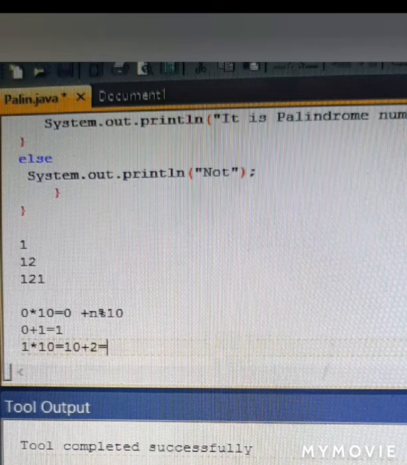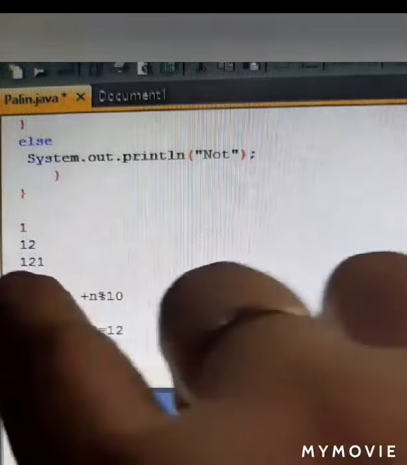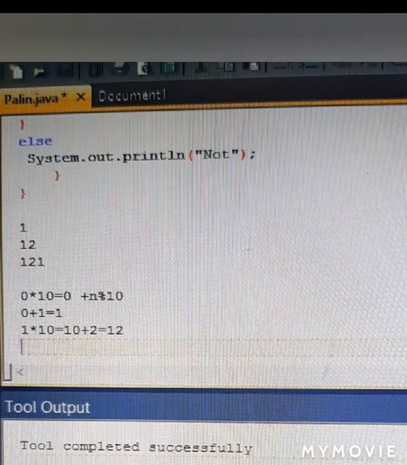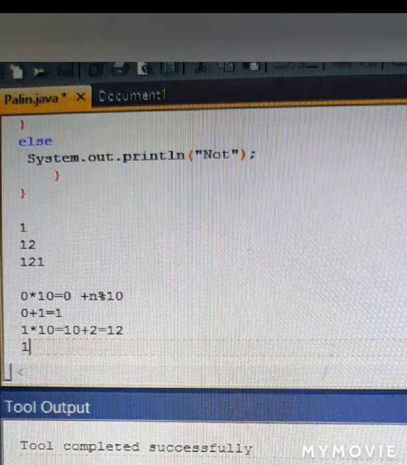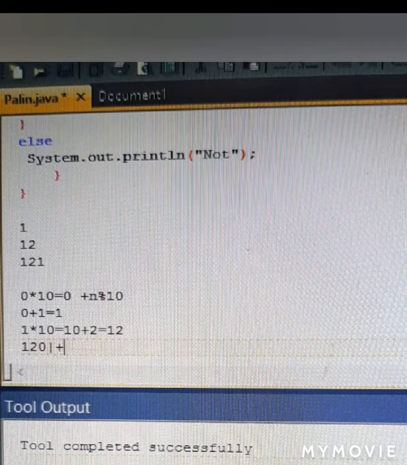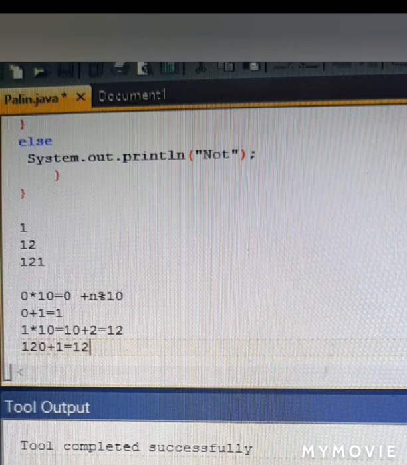So plus 2 is equal to 12. After that, the last step is 1. 1 modulus 10 is going to give you 1, and what was there in the memory? 12 was there in the memory. So 12 into 10 is going to give you 120, plus the remainder that you got now, which is 1. So 121.